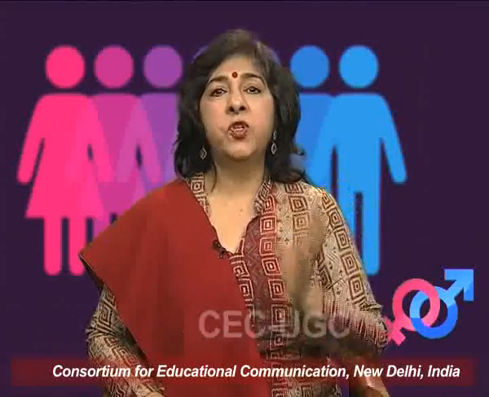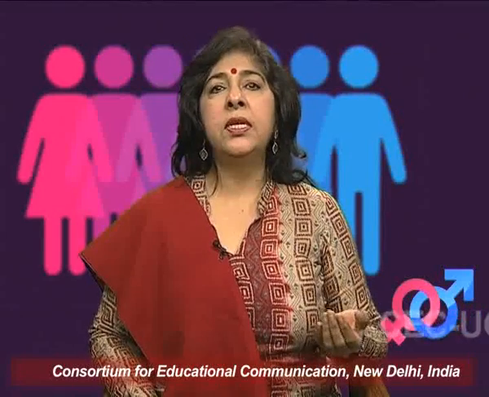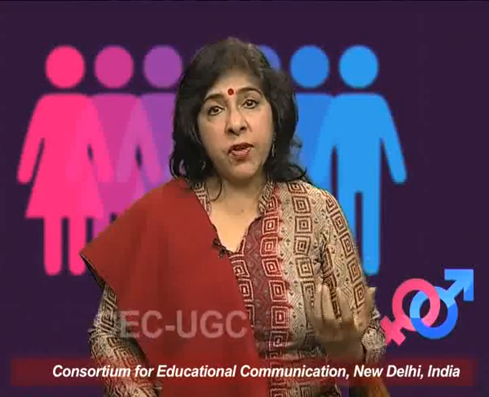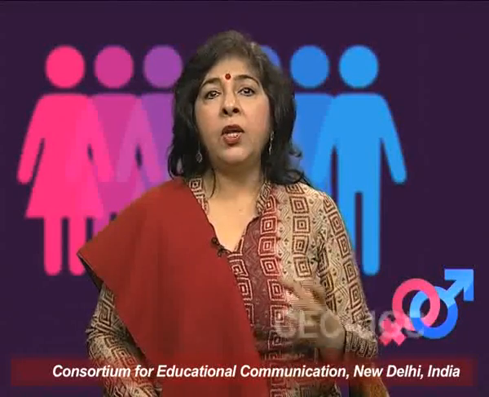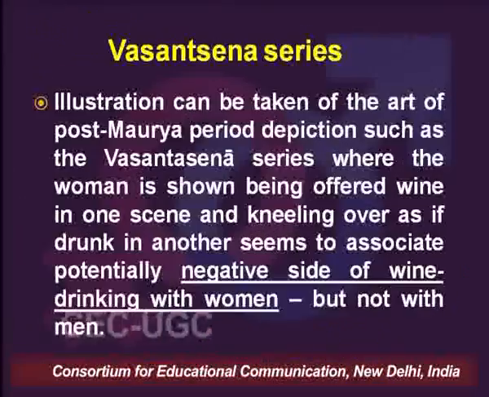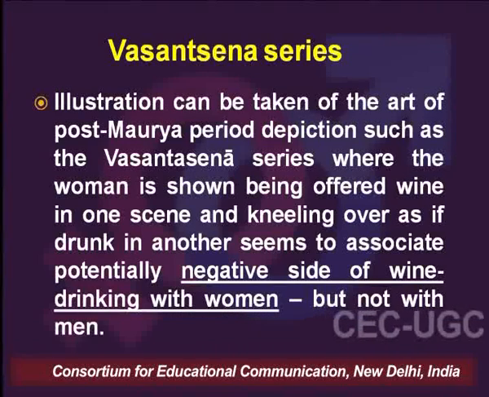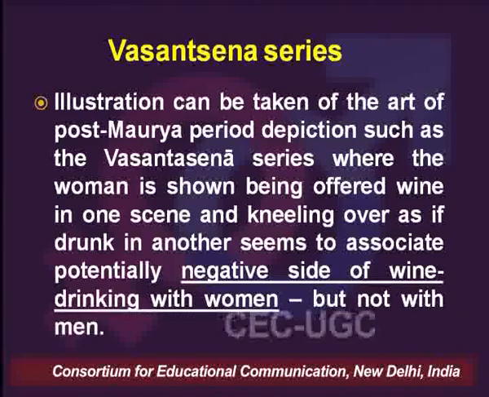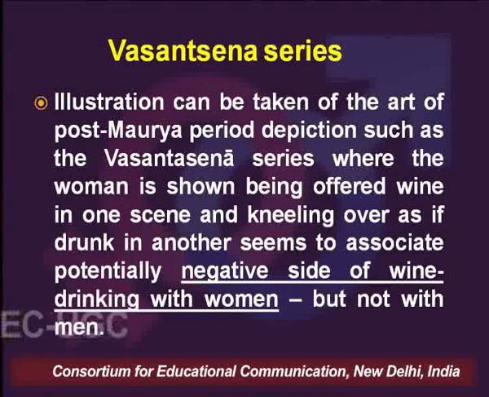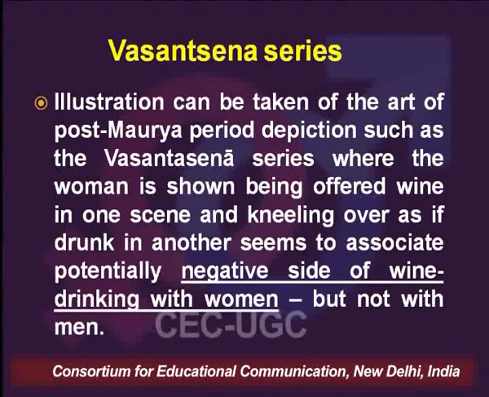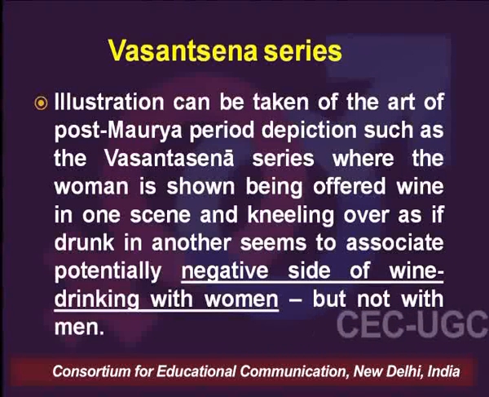Carrying on our discussion further, as far as the Ganika's projection is concerned, a very interesting description is that of the Vasant Sena series. The illustration that can be taken is of the art of the post-Mauryan period, which depicted Vasant Sena, where the woman is shown being offered wine in one scene and then kneeling over as if drunk in another scene. And this has largely been explained as the negative side of wine drinking, the impact of wine drinking on